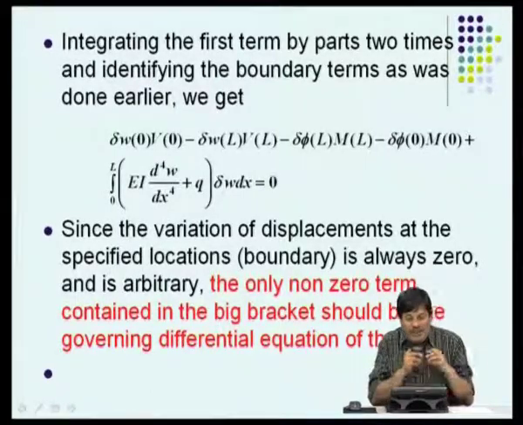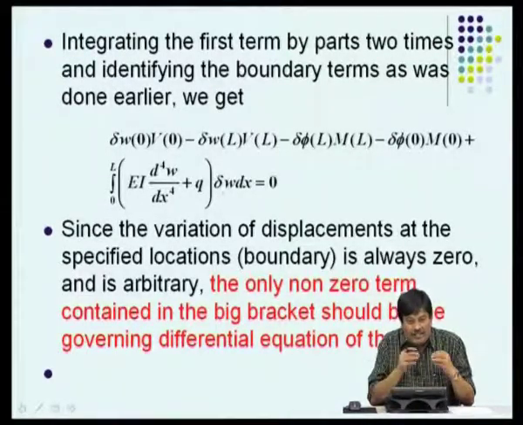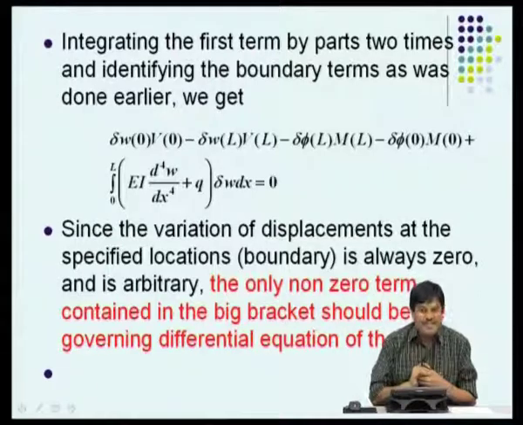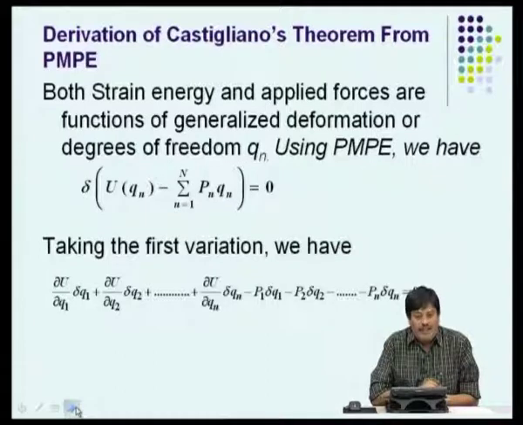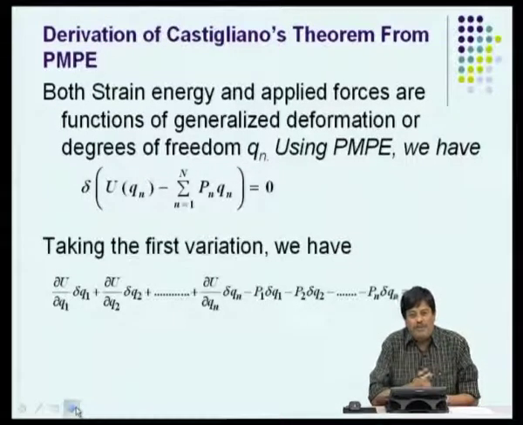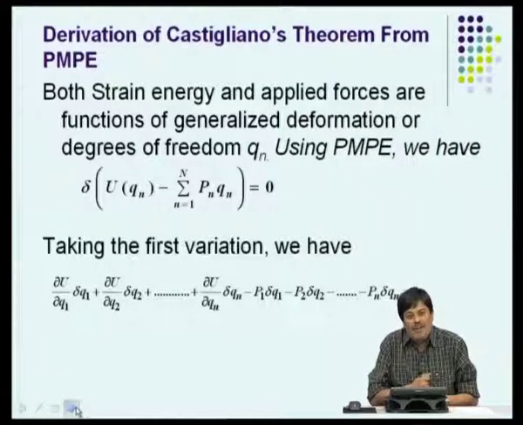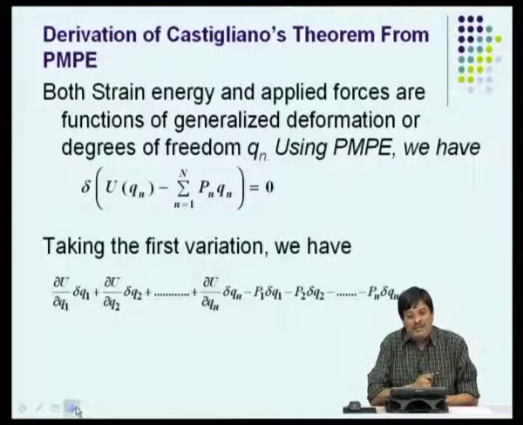So, you can derive the energy functional from the governing equation, and you can derive the governing equation from the energy function. We have shown both. We can use these variational principles to do that. We can also do much more. In many structural mechanics problems, we have used what is called Castigliano's theorem. Castigliano's theorem is a very famous theorem for many civil engineers to solve many of their problems. We can derive this from the principle of minimum potential energy.